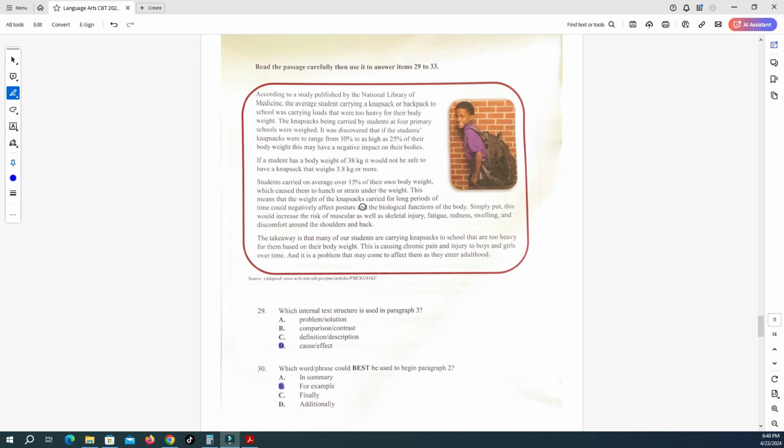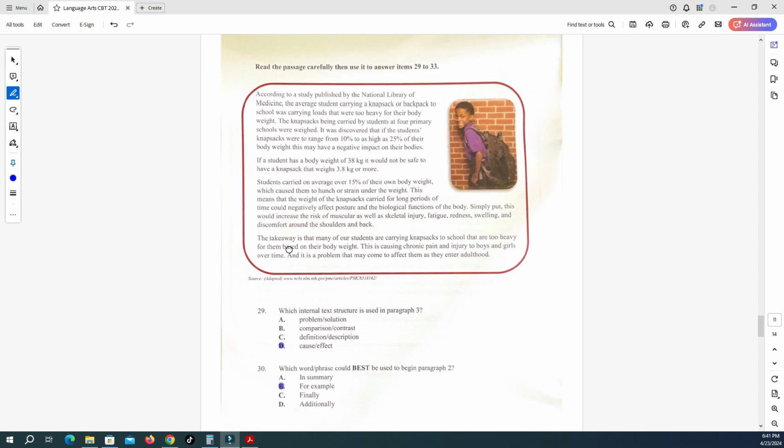This means that the weight of the knapsacks carried for long periods of time could negatively affect posture and the biological functions of the body. Simply put, this would increase the risk of muscular as well as skeletal injury, fatigue, redness, swelling, and discomfort around the shoulders and back. The takeaway is that many of our students are carrying knapsacks to school that are too heavy